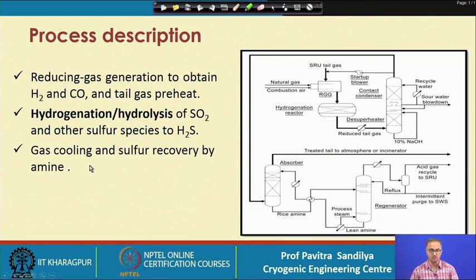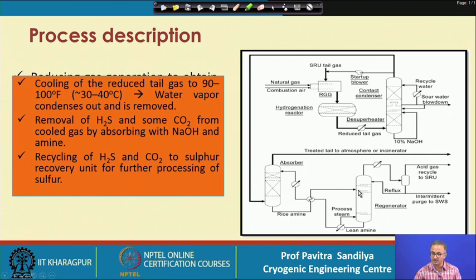After this, the gas is cooled and sulfur is recovered by amine in this particular column, and in this column we find that maybe they are using some kind of alkali, that is NaOH, and in this particular we also go for a second stage of removal of this sulfur. So, these are two ways we are removing this H2S from H2, because H2S is acidic, we are using some alkali, amine or the NaOH to recover it. And then what we find that in this particular equipment tower, we are